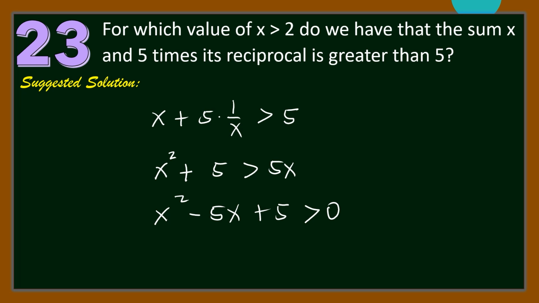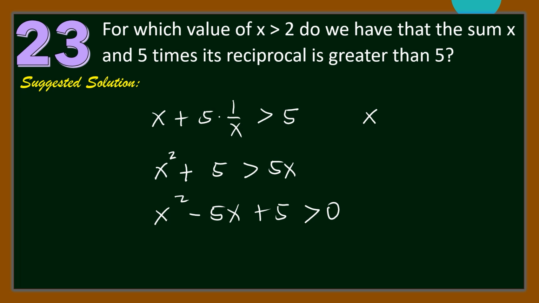Values of x for this inequality are all real numbers less than the smaller root of the quadratic expression on the left-hand side, or all values of x that are greater than the larger root of the quadratic expression on the left-hand side of the inequality. Using the quadratic formula, since we're looking for all values of x greater than 2,